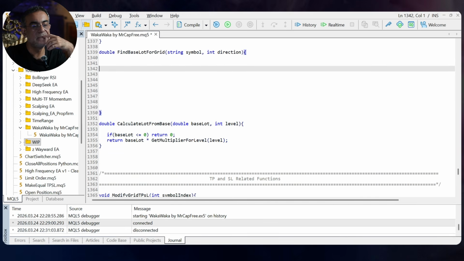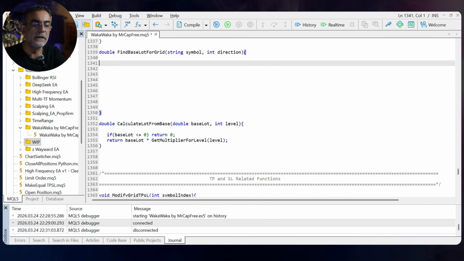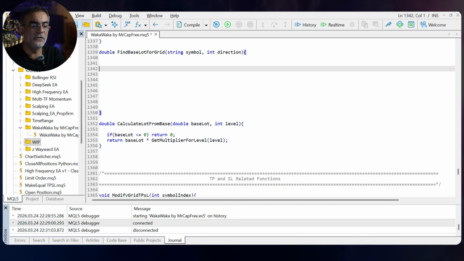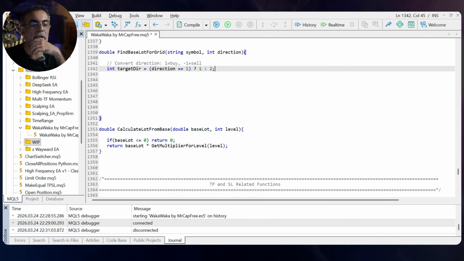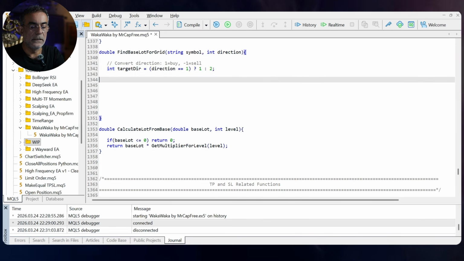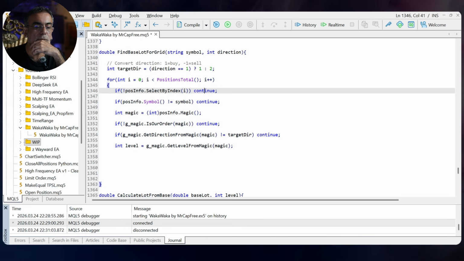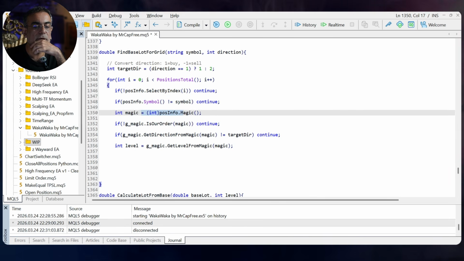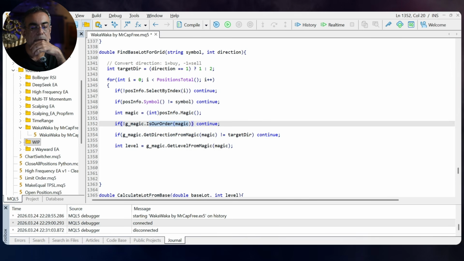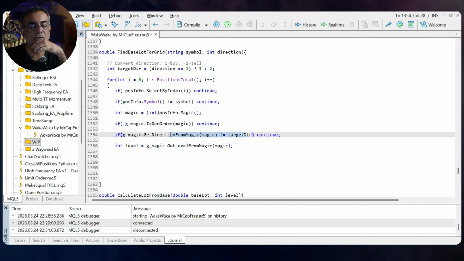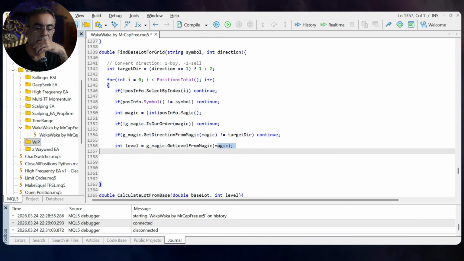which is find the base for the grid, which is again we're going to take the direction and we're going to convert the direction. So if the direction is 1, then it's buy, otherwise it's sell. And then we're going to loop through all of the positions exactly the same way. So select, and if you're not able to select the position, then continue, go to the next position, check the symbols, get the magic number, check if it's our magic number, check that the direction matches,